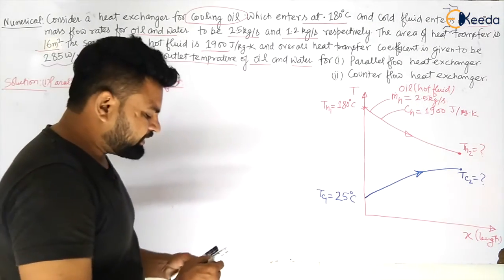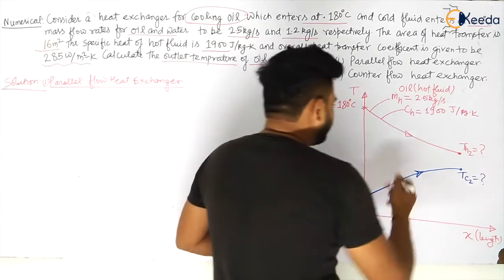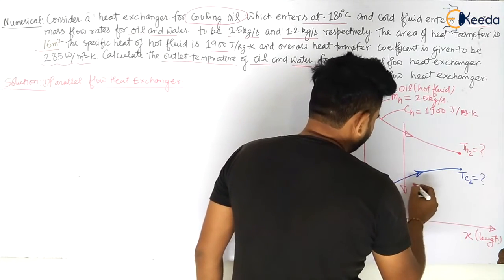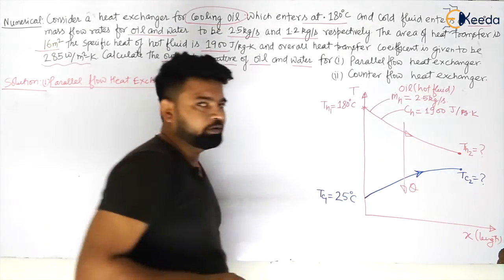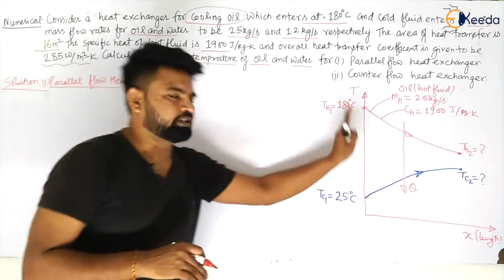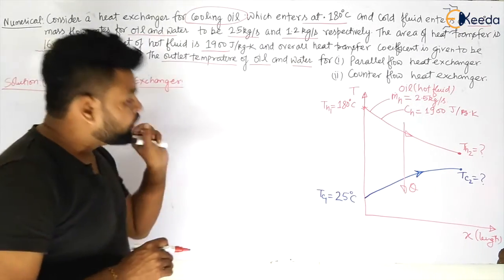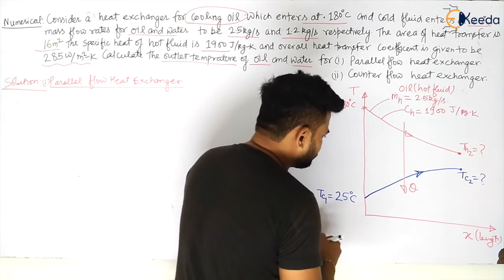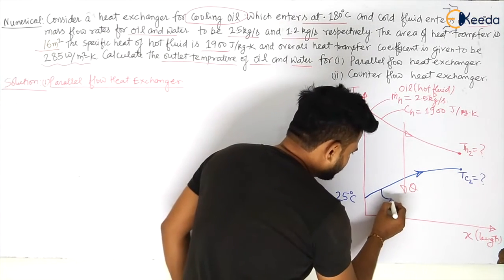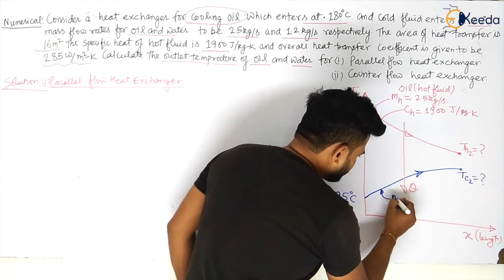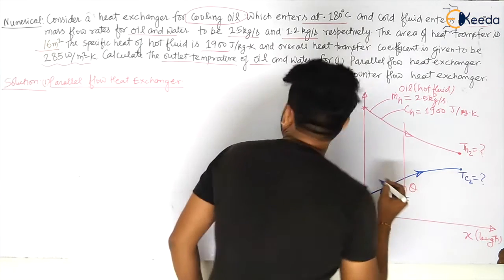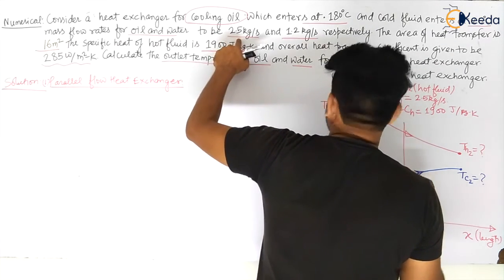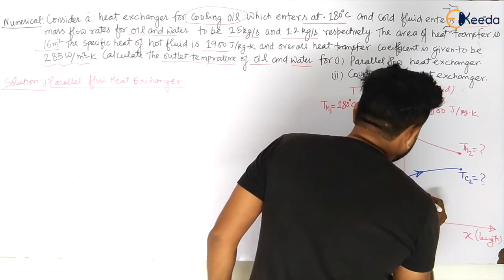Now what is happening inside this? We already know, sir, that heat is transferred from hot fluid to the cold fluid. Okay. And this is your particular diagram. Okay. What is the mass flow rate of the cold fluid, my dear students? So I will just take the mass flow rate here only. So the mass flow rate of the cold fluid is given to be how much? That is 2.5 kg per second.